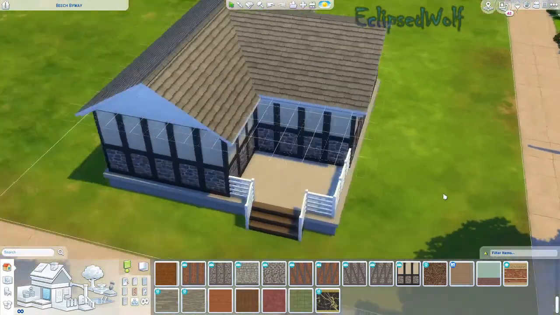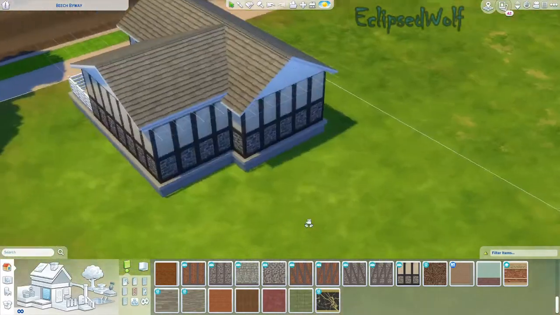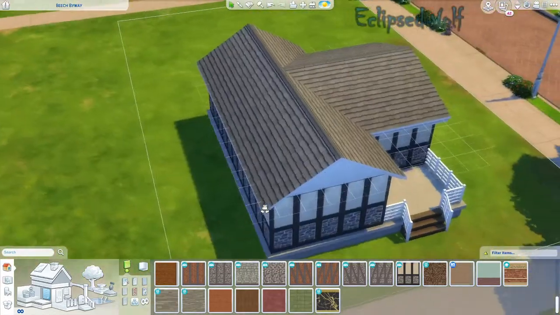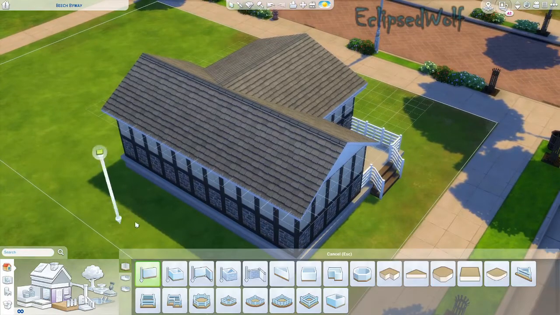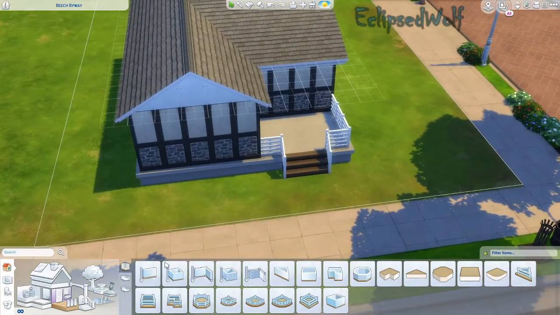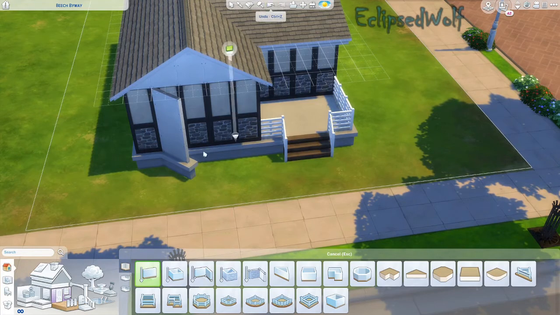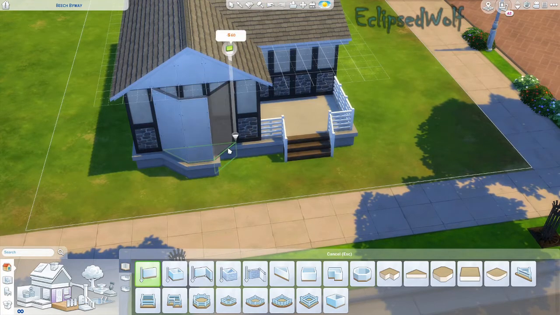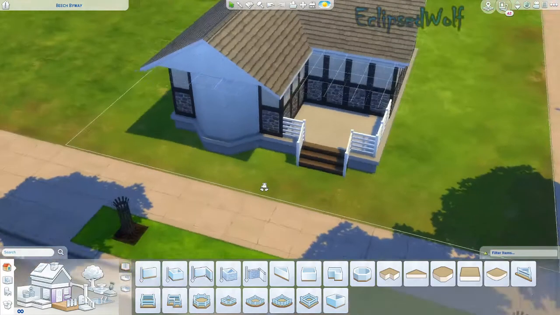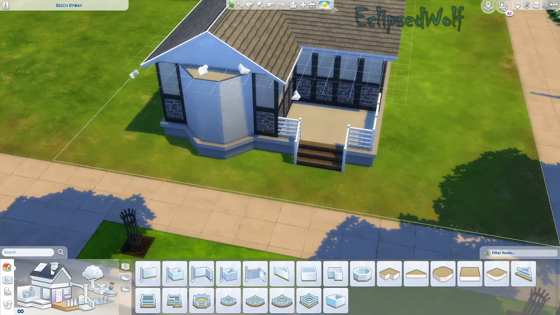Now, as cute as this house is, all of the walls are completely flat. It's just flat and kind of boring. The way to fix that is you can just add little nooks and crannies. So for the front of the house here, we could add on a bay window-esque kind of deal, and then just bring this out over the edge,